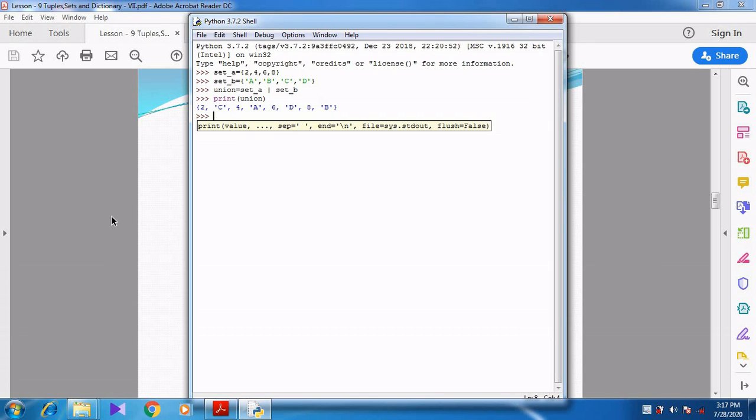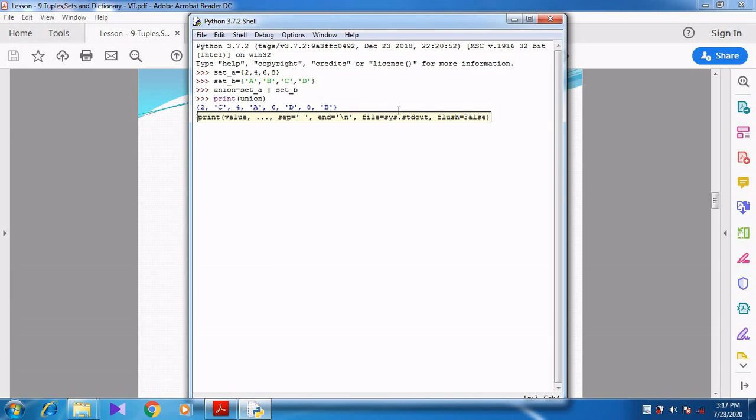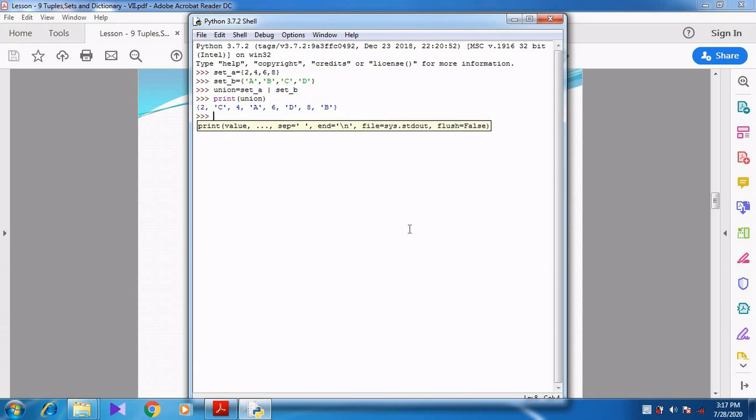When I print the union, you can see the output is printed in a different manner. Every time I print the set, it will be displayed in a different order, say here 2 C 4 A 6 D 8 B. Can you understand, students? Using the set operator, I have done the union operation.